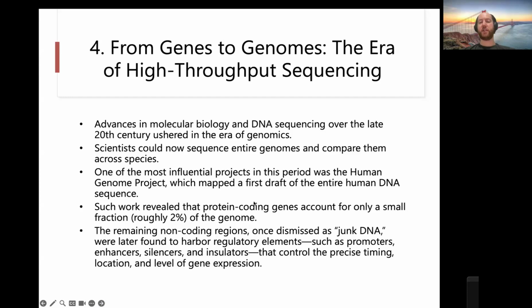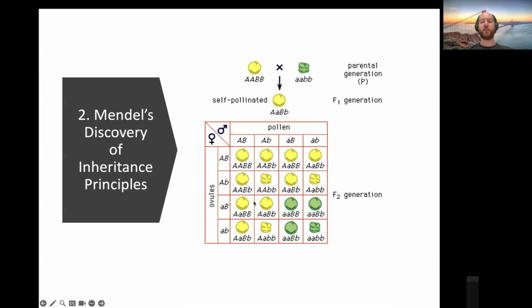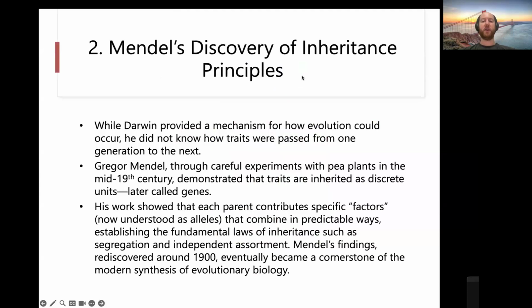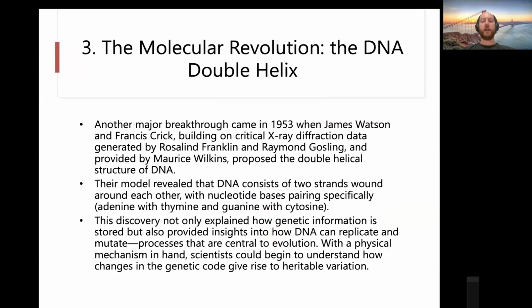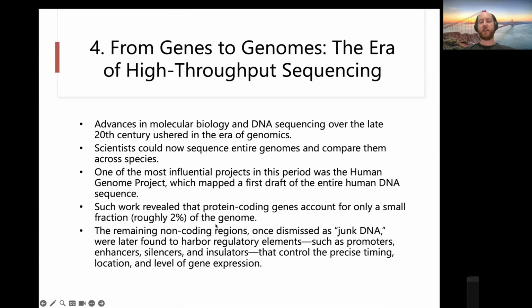And what's really interesting for the discussion today and from the perspective of evolution is that protein coding genes, so these genes that control things such as wrinkly or smooth peas, or for example, the shape of the beak of a Galapagos finch, are actually only 2% of the genome. So most of the human genome is actually not protein coding genes.